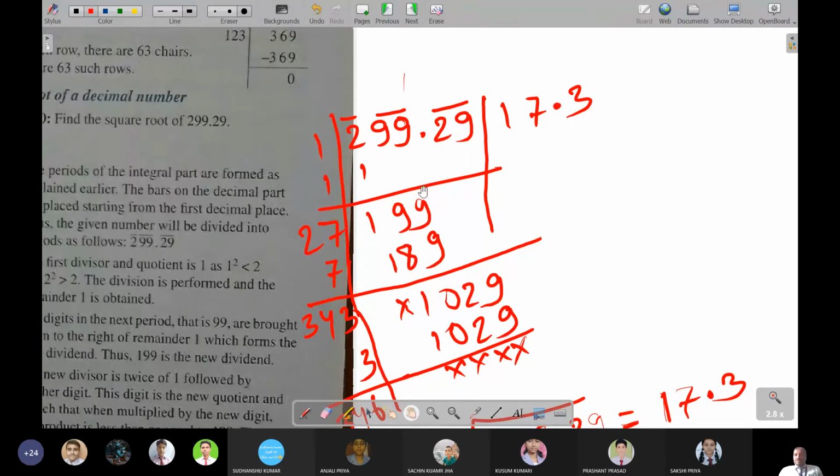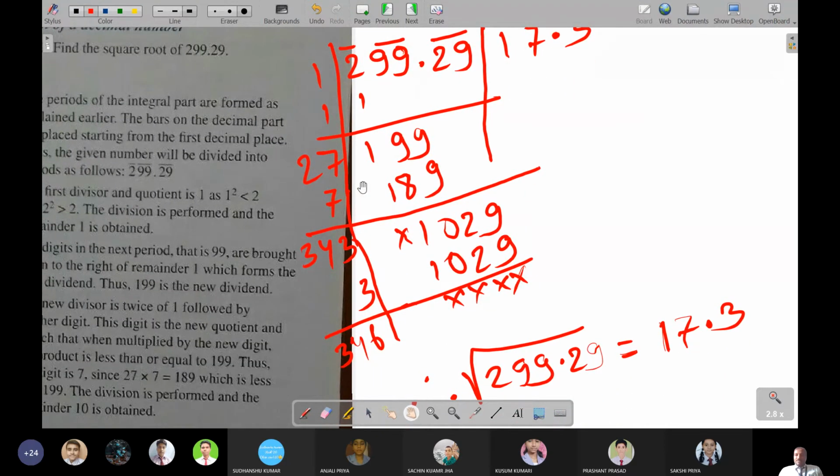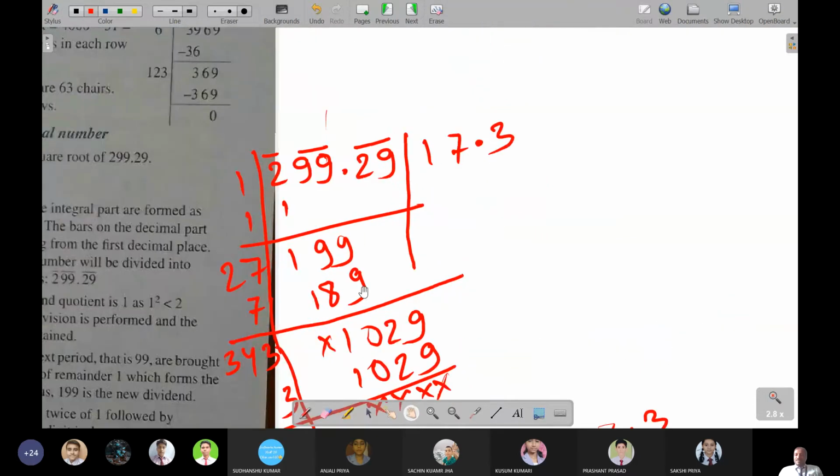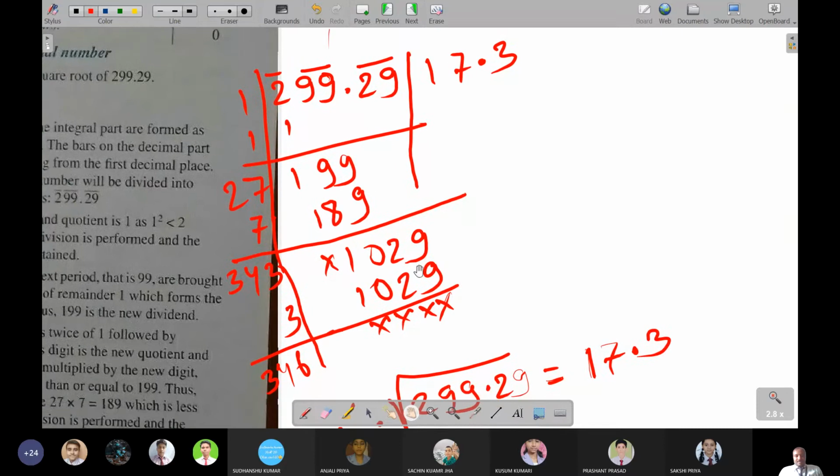So with 7, of course it will become 7 7 is 49, carry 4, 7 2 is 14 and 4 is 18. While subtracting we got 10. Now of course 7 will be added, 27 plus 7 is 34. After this, after the point the number was 29, so 29 will come, and when a number after the point comes, here you have to keep the point in the quotient. Now you have to keep such a number with which it can get divided, either exactly or a smaller one. So while keeping 3 we are getting it exactly. So 3 we had kept and we cancelled it.